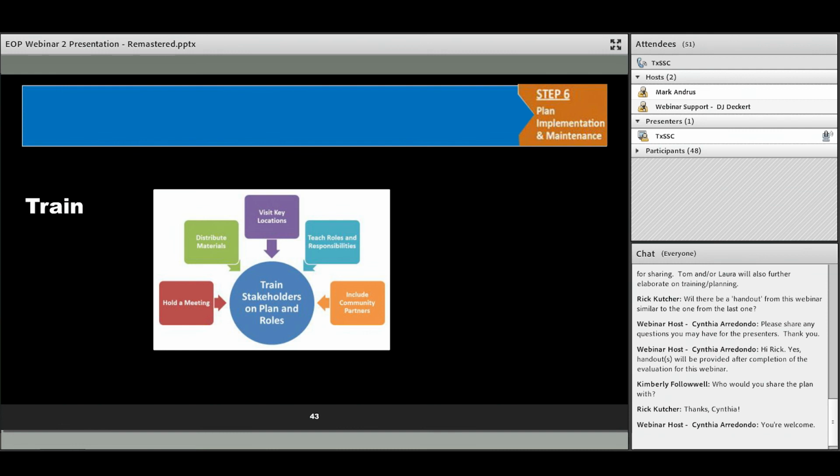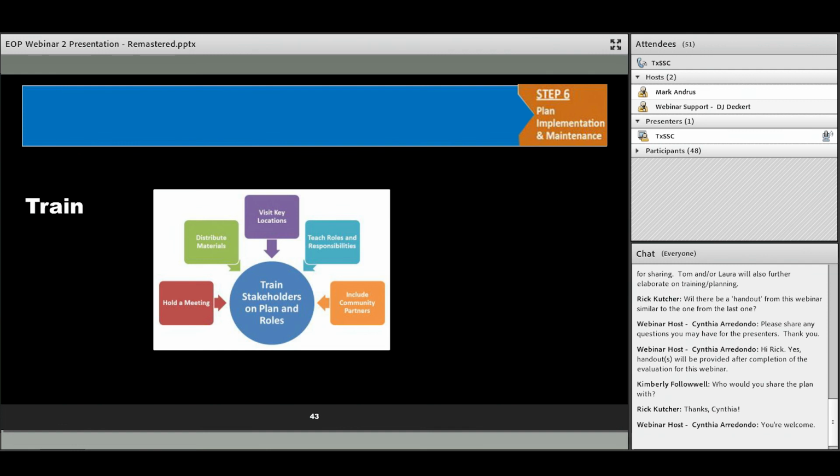Visiting all those key locations is important. When you're developing that emergency operations plan, you actually look at those locations and make sure what they look like so that you're not missing things when you're setting up that plan. Making sure that we're teaching all those roles and responsibilities of everyone. We don't want custodians retreating to their closet to hang out until a fire drill is passed. They need to have a role in assisting to get people out of the building and things like that. And also the fire marshal could certainly fine individuals for not following those drill procedures.